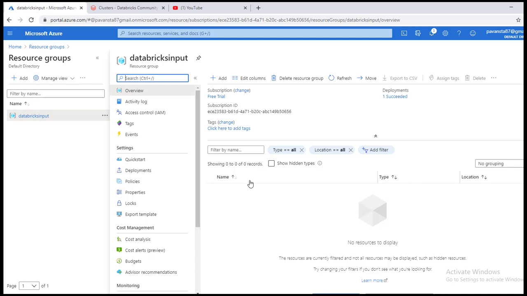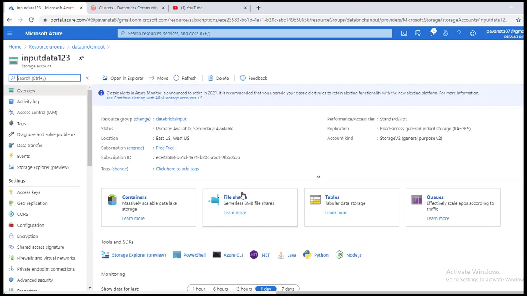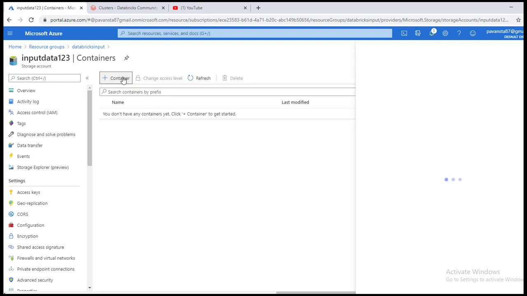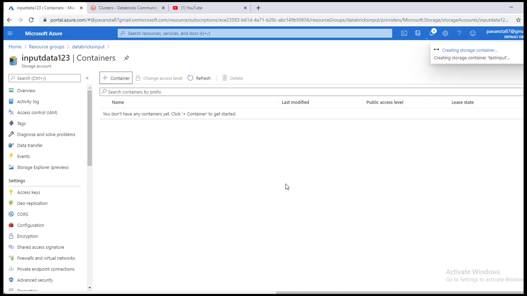In this we can see all the resources which we created. This is the resource which we created just now, and in this, click on container. We'll create a container which we will call test input. We create the container.